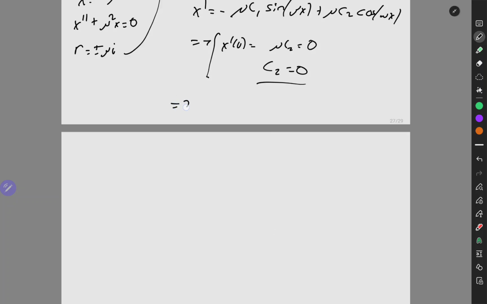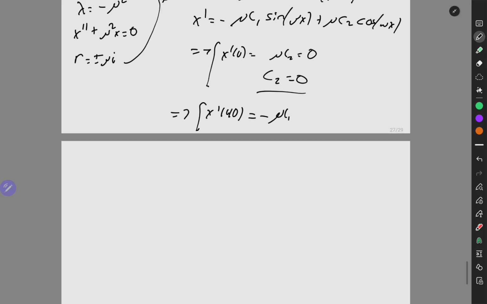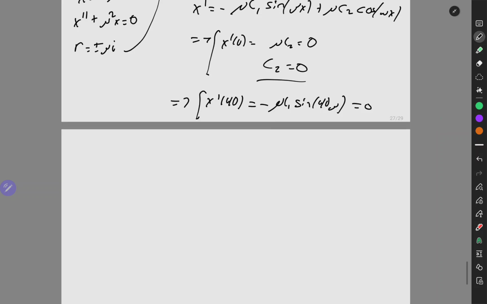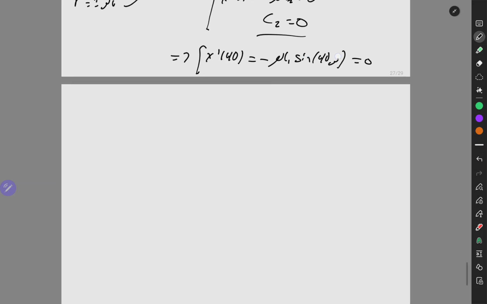I have enough space here, so this should just be one line. Negative mu C1 sine of 40 mu is equal to 0, right? Because that whole other term goes to 0. And we just plug the 40 in. Now this is not trivial. You can tell because